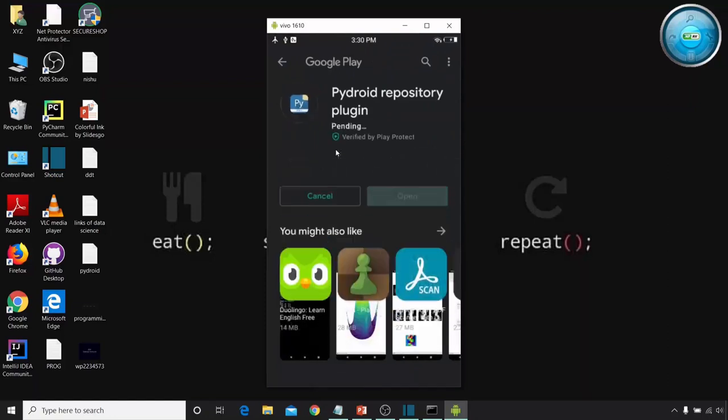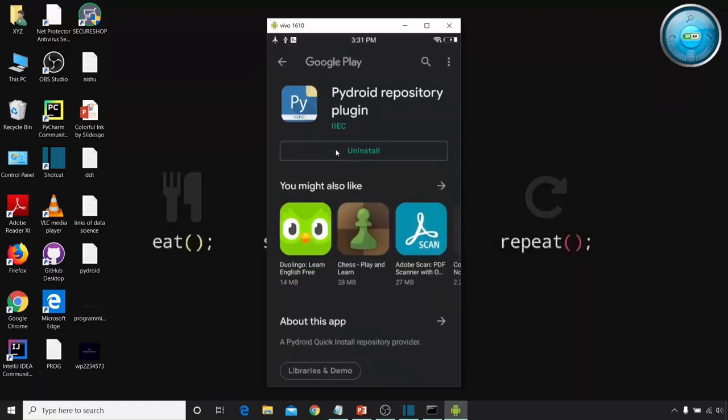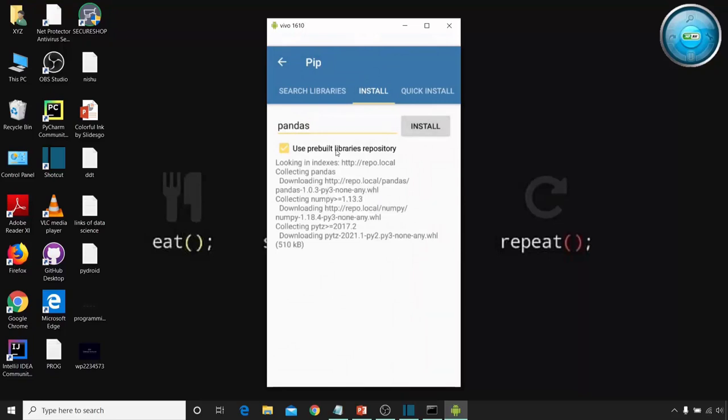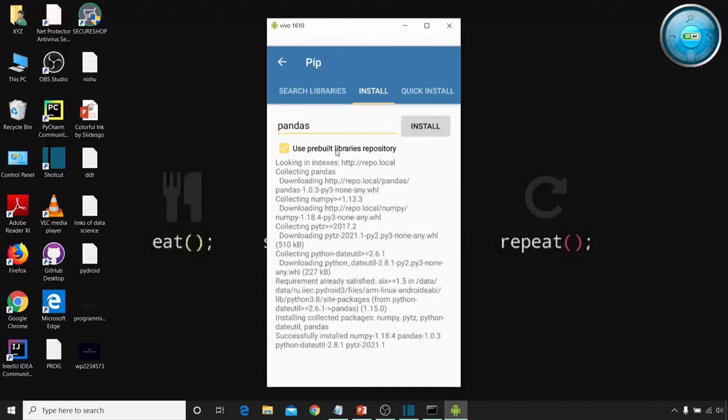So just click on get plugin, and here open with Google Play Store. So click on install over here. Okay, so this PyDroid repository plugin is installed. So I'll go back, and here I'll click on install again. So here all the libraries of pandas will be installed. Okay, so the library installation is completed. So I'll go back,